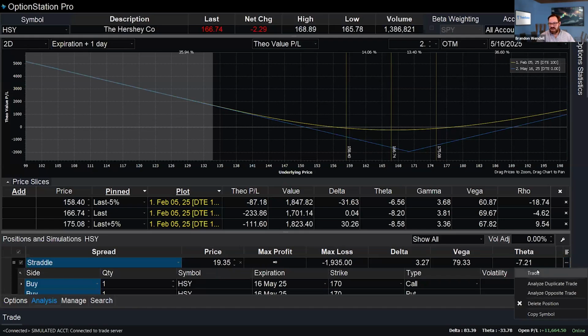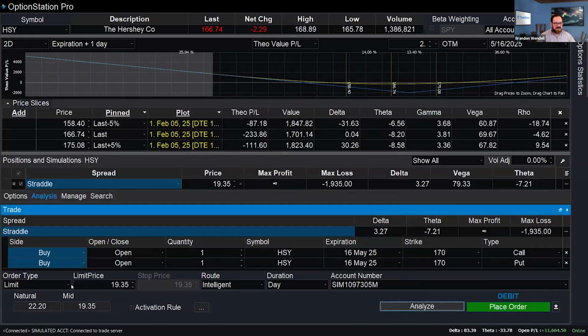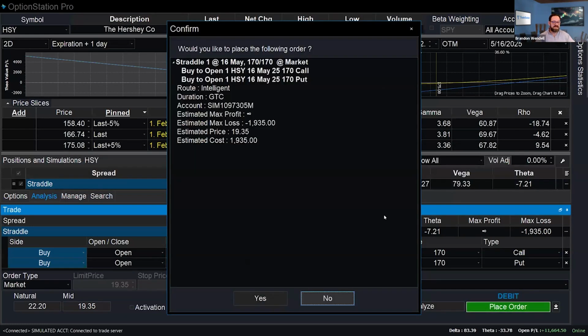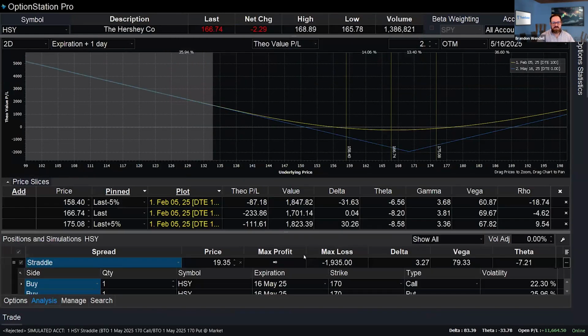But let me go ahead and trade. I don't know exactly how much it would be. I'm just going to do a market order at the open tomorrow, GTC, and we'll come back and reevaluate this, see what happens several days or several weeks from now. There we go. Nope. Why was it rejected? I'll have to check that later. I'll put it in tomorrow morning. I'll make myself a note. Anyway, we further analyze this.